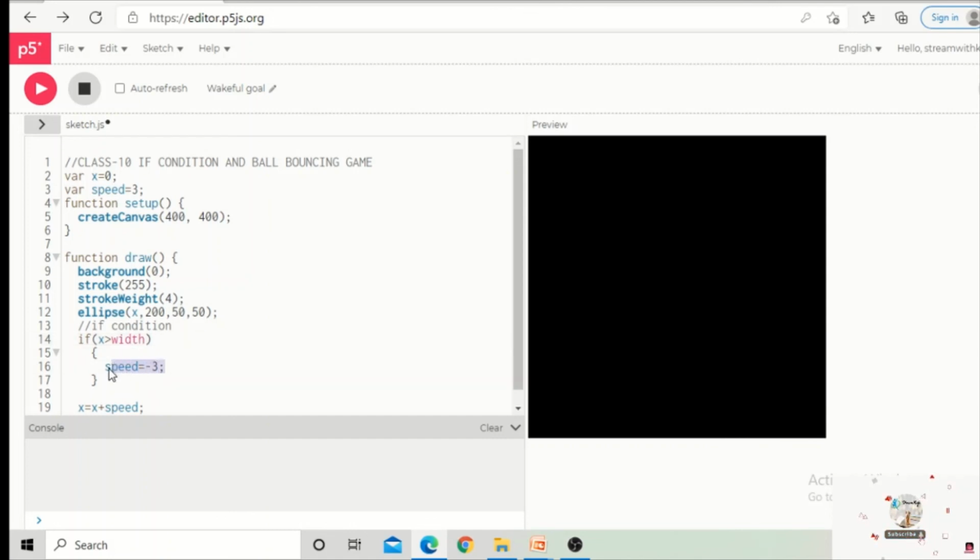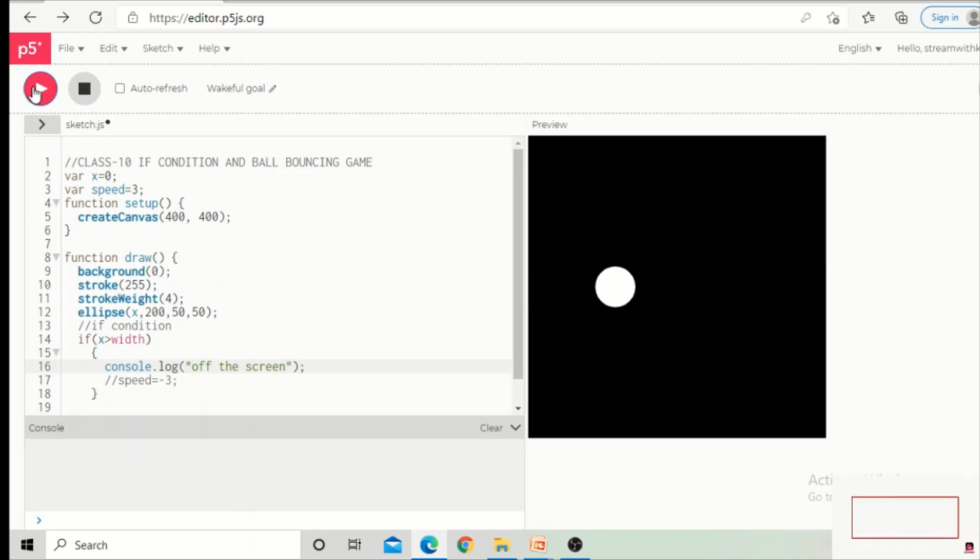Here I can also show you with one example. Let me comment this out. And if x is greater than width, I want to print a message in the console.log. I want to print "off the screen". Let me show you whether this message is printing. If the ball goes out of the screen, then you will understand very clearly.